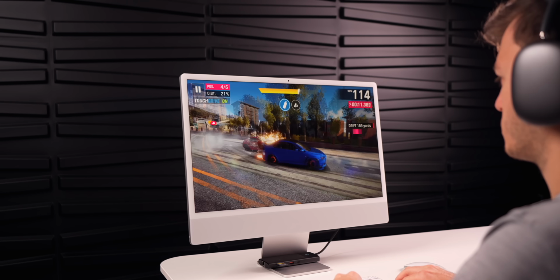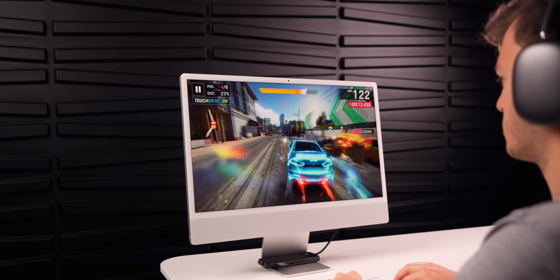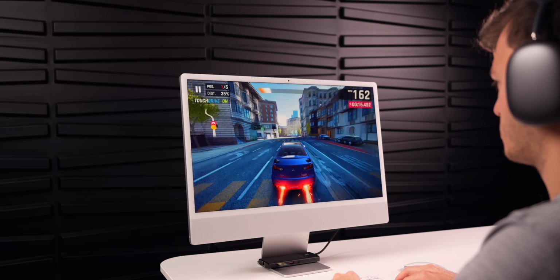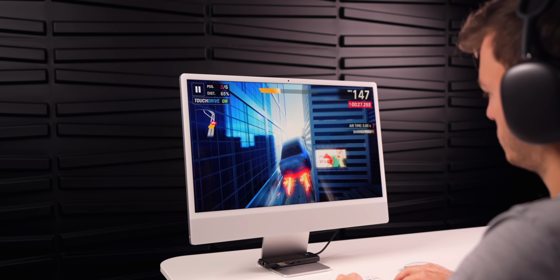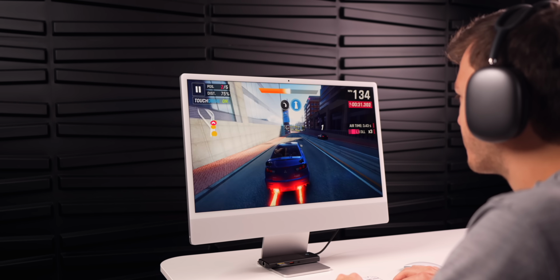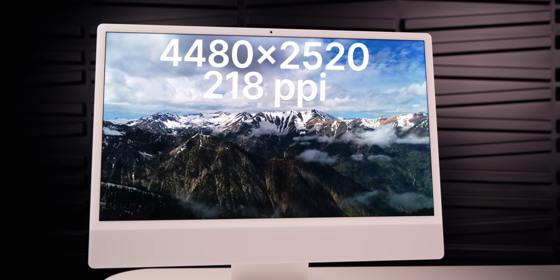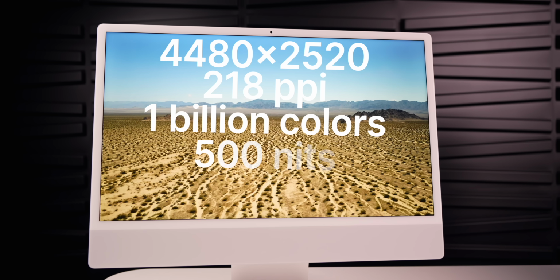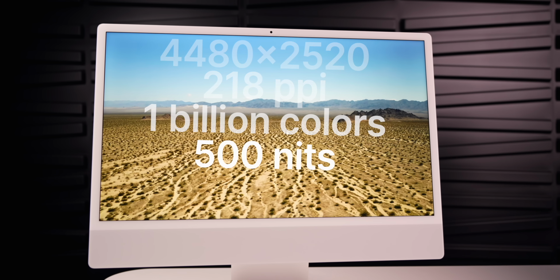I honestly wasn't as impressed with the gaming performance specifically. I thought gaming performance would be much better since we do have M3 now, which has the hardware accelerated ray tracing, but gaming wasn't really that great, honestly, on the iPad or on the iMac. I still have mine sitting right here. I am keeping mine in silver, but I just wasn't super impressed with the iMac, but at the same time,